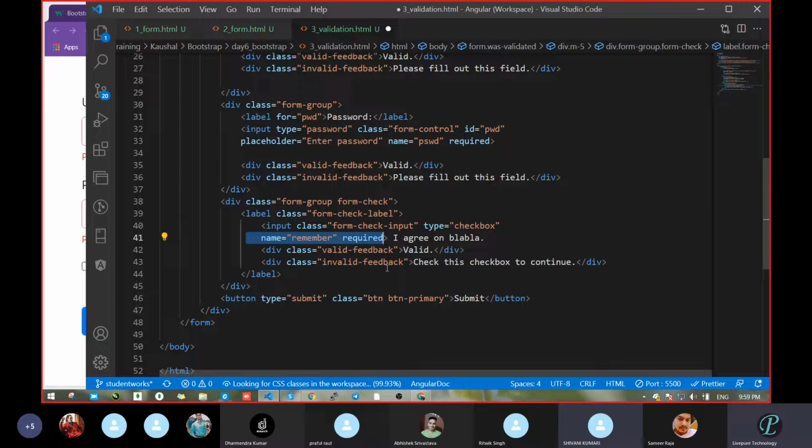Both of these are not part of Bootstrap. Take care, this is part of HTML. So as you pass the name and required, required is searching for this input field whether required is available or not. So the required keyword is written for this one. Means now the name field has to trigger the message. It will send the message that this field has a required property, but it has no data. Got my point?